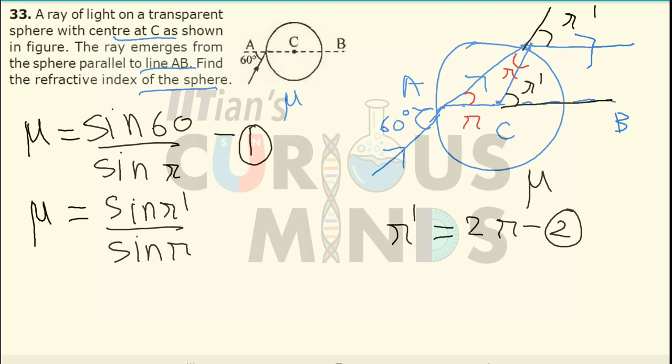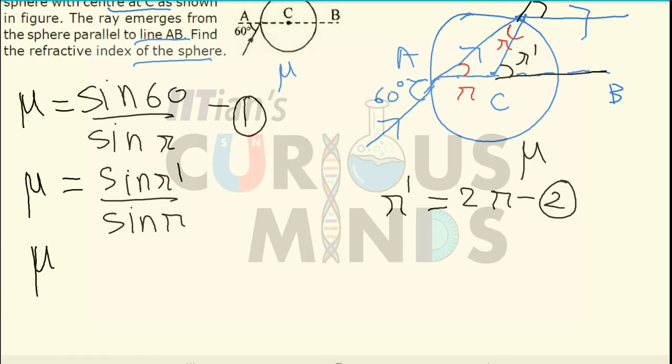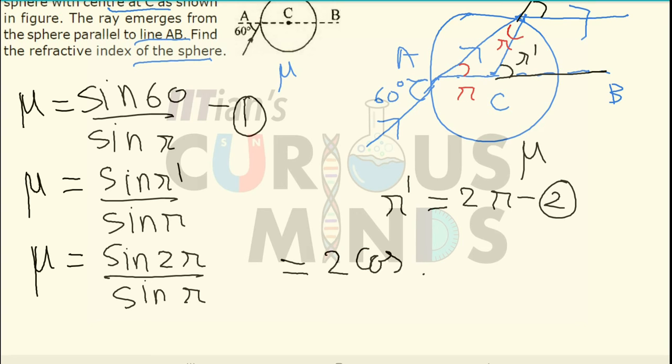Now over here R dash is equal to 2 times R, so I will substitute 2R. It will be equal to sine 2R divided by sine R. So I can say that 2 cos R is equal to mu. How did I imply this? Sine 2R is equal to 2 sin R cos R, so sin R will get cancelled out from the numerator and the denominator. Let me use this as the third equation.